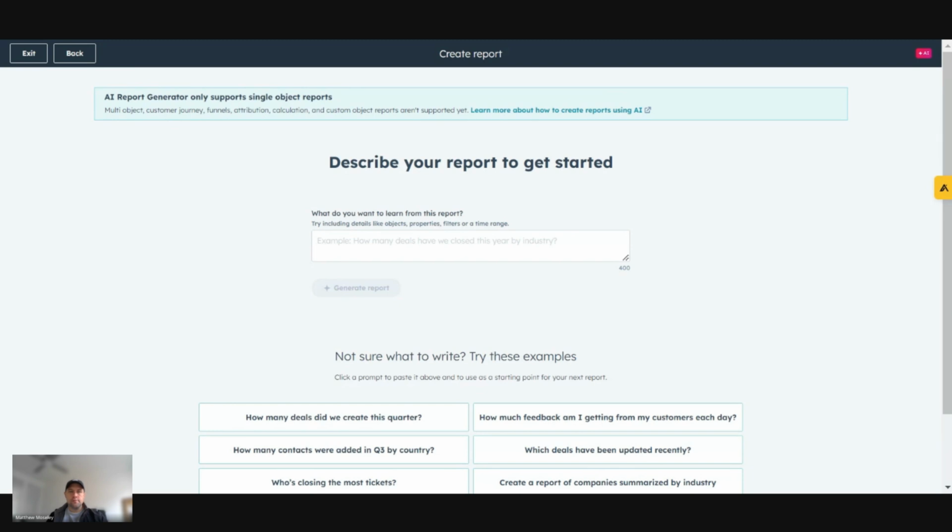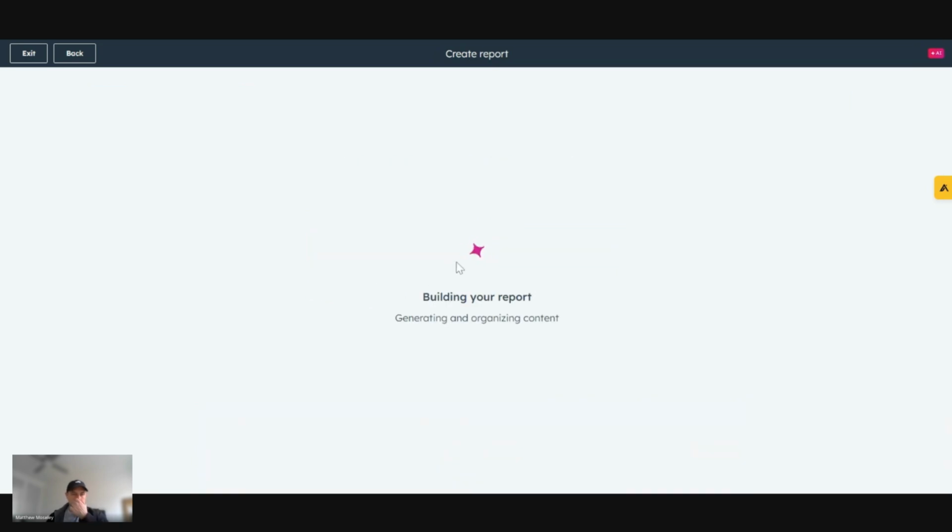So if I wanted to come in, I'd simply type: create a report on how many contacts have been created per month last year. Just generate the report.